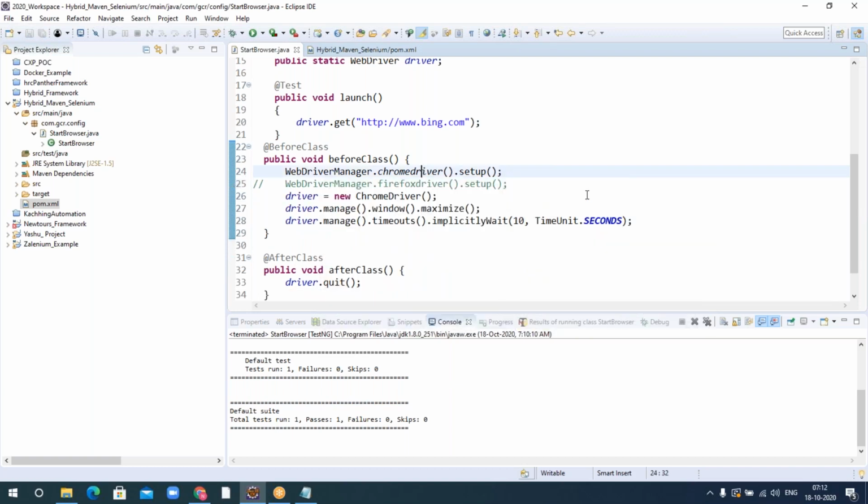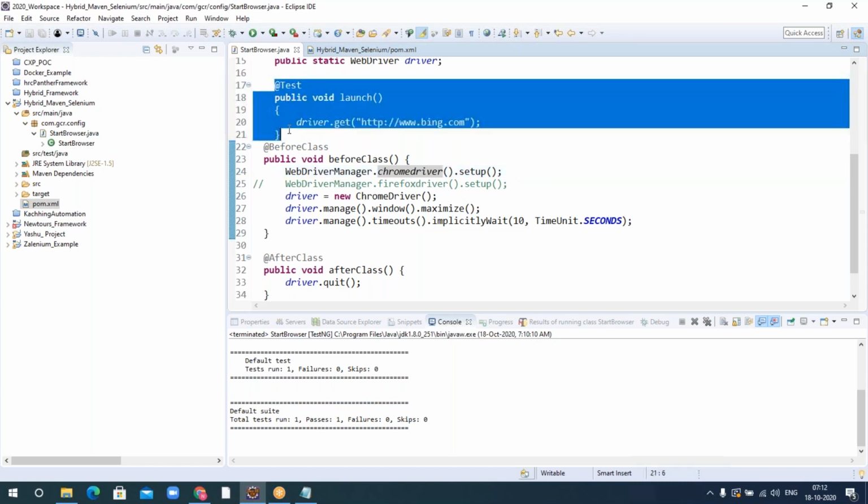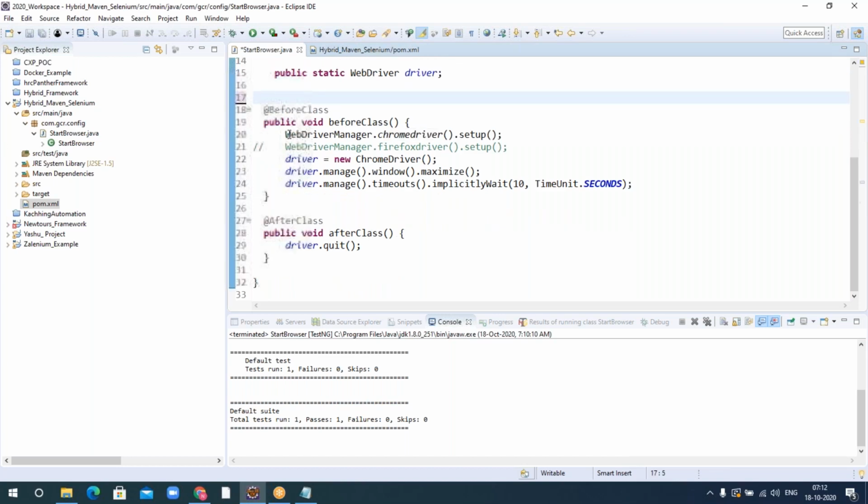But this dependency and this command will avoid all those things. You need not do anything. It will automatically download and set up the path. Okay. Now I'm deleting this one because it's not required now, which is launching the browser. So this is how we can do that.